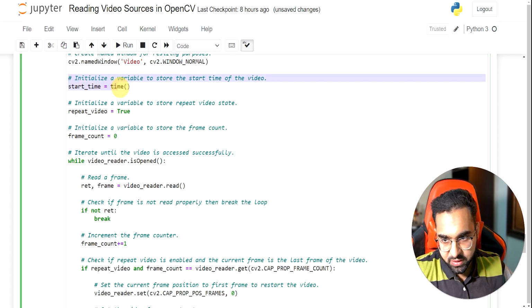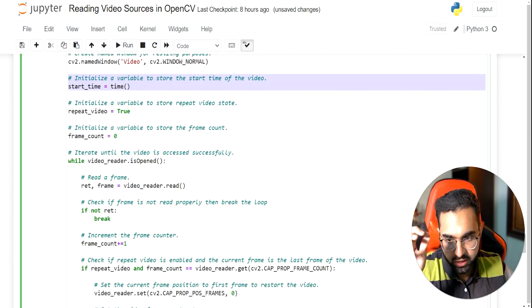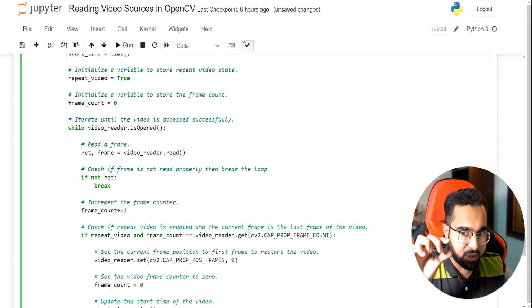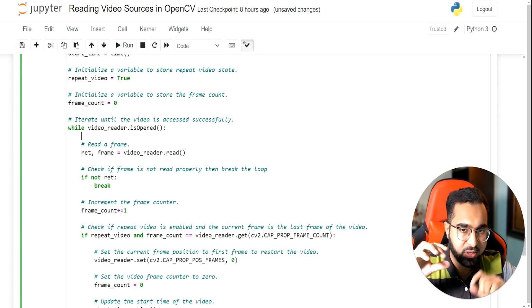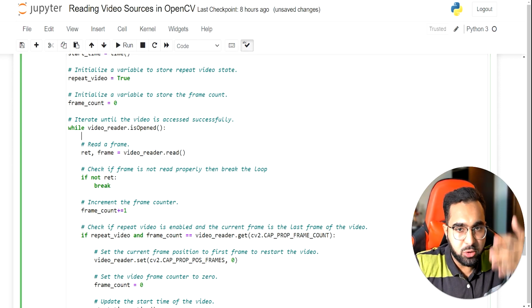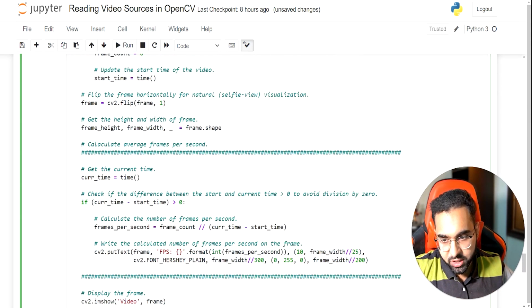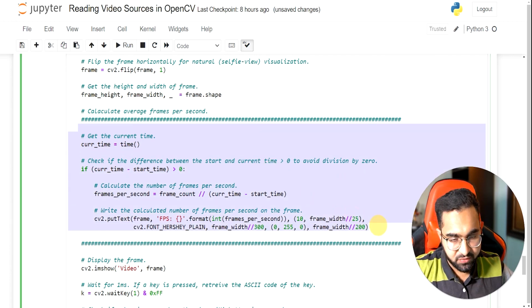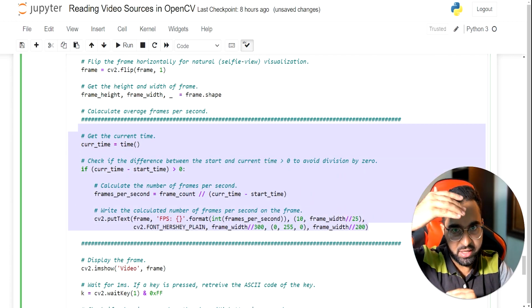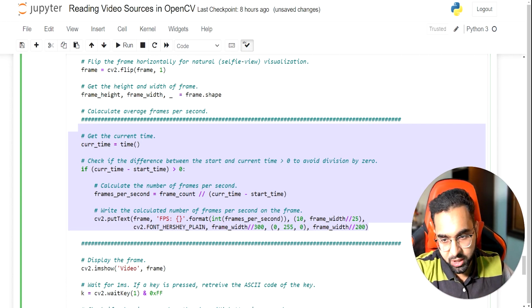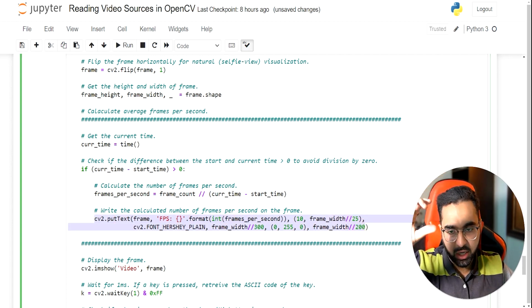And now here I'm specifying a start timer. This is just for calculating the FPS, and this FPS is for this loop, not the video itself. We know how to get the FPS of the video itself, but when we're processing a video inside a loop, we need the actual FPS of the whole iteration. So this is how I calculate the FPS. I specify a start time and an end time at the end of the video loop, and then I calculate the average FPS. This is how I normally do it, and I display the FPS as text on top of the screen.